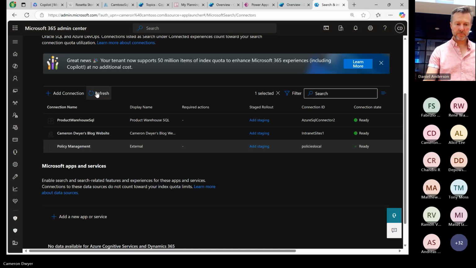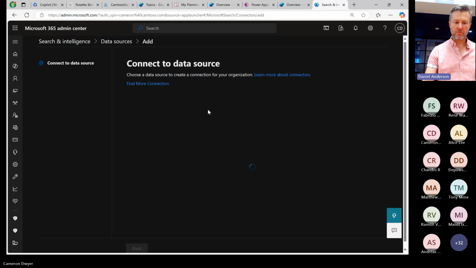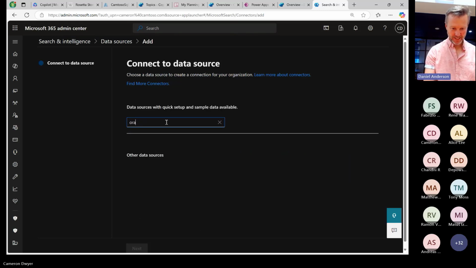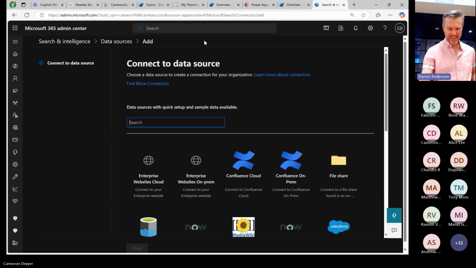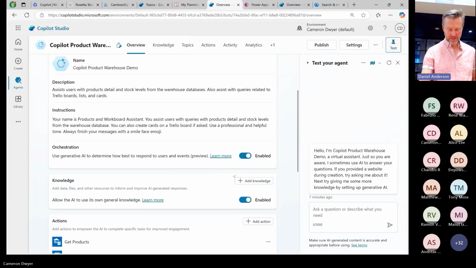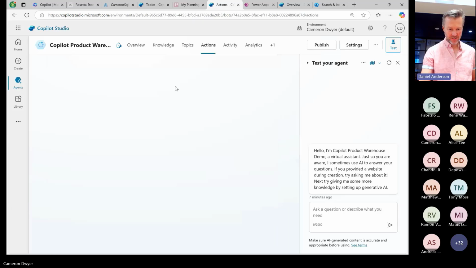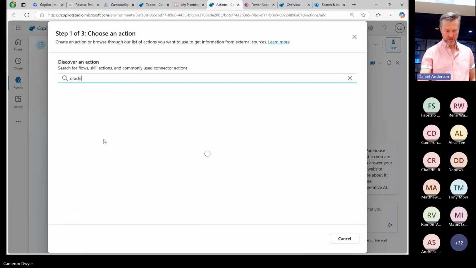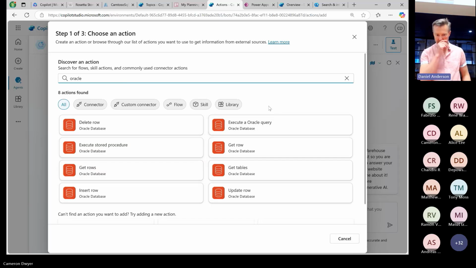Oh, don't know off the top of my head. That one has stumped me. I'm sure I've seen Oracle in here somewhere. It's not there as a connector. It's on one of these as an action, as a Power Platform. And on-premise adds an extra level of complexity to it. There's Oracle databases. As to whether they're in the cloud or on-premise, I do not know, but there's a glimmer of hope there.